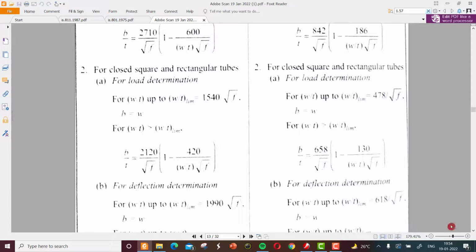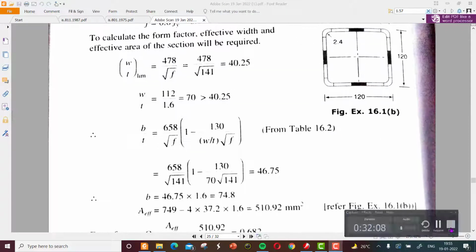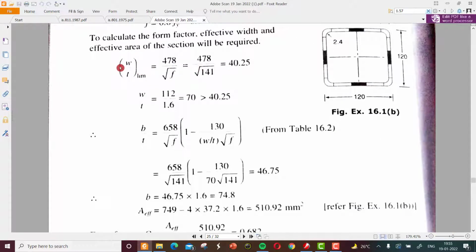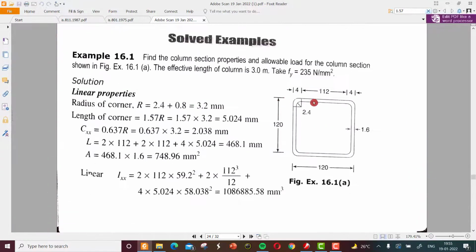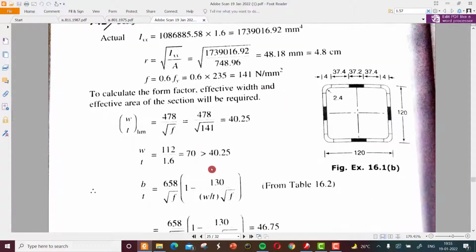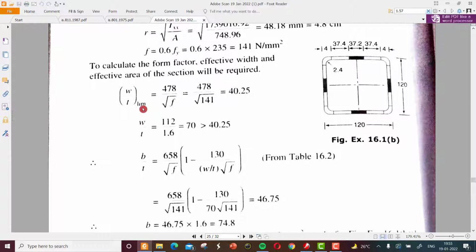So please note down this value 478 by root f and 658 130. So just to remember those things. So those equations are used here. W by T limiting value is 40.25, and we found that W by T, where W is actually the 112, excluding the rounded corners, by T is 1.6 is 70. So W by T value is actually exceeding the W by T limit, and